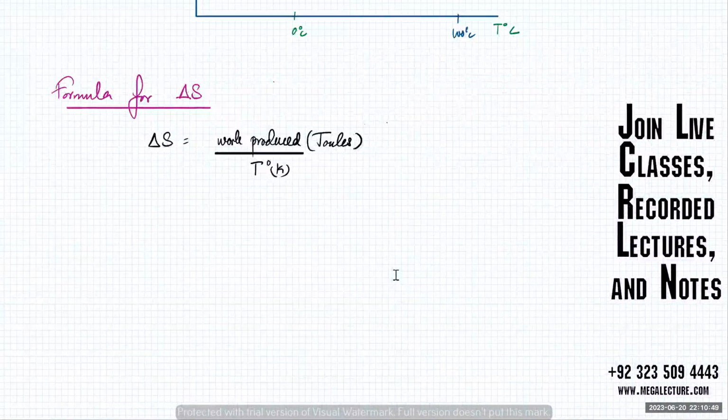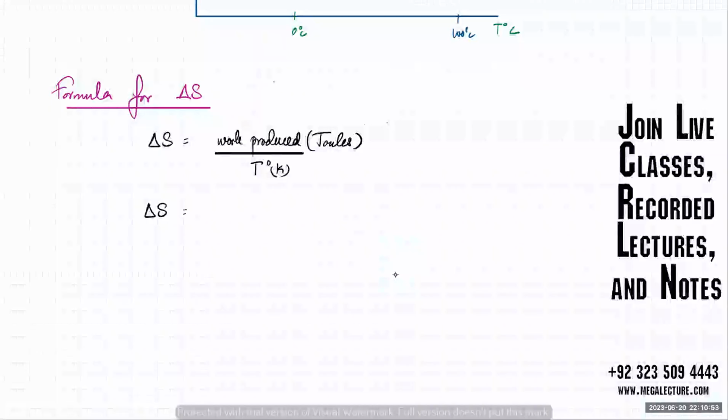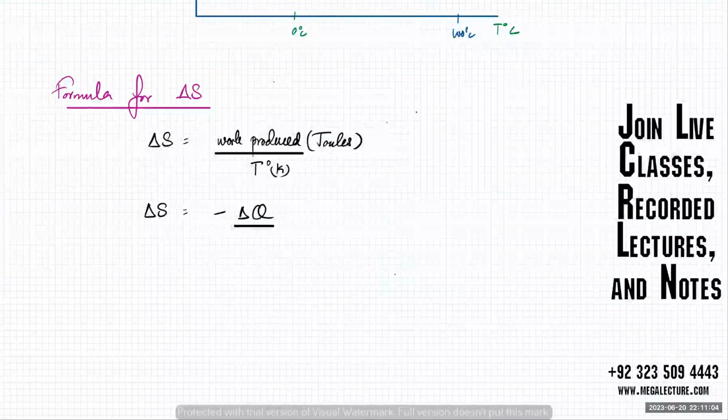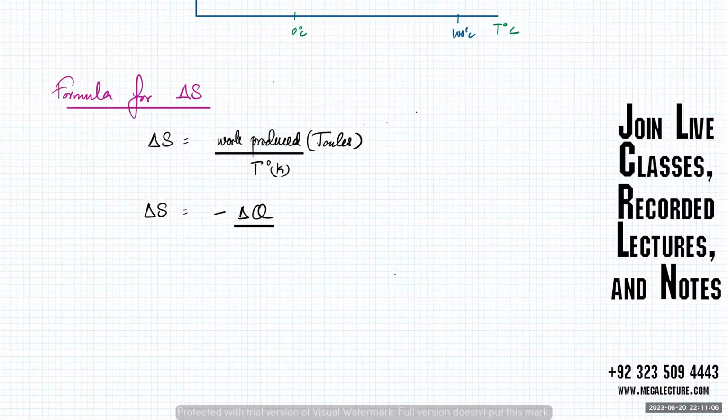It's work produced at a particular temperature, and it's often written as delta S is equal to minus delta Q over T. That's the work that is produced. The minus sign is there because it's exothermic. When delta S is positive, I said delta S and work produced or Q have opposite signs. Reason being that delta S positive means